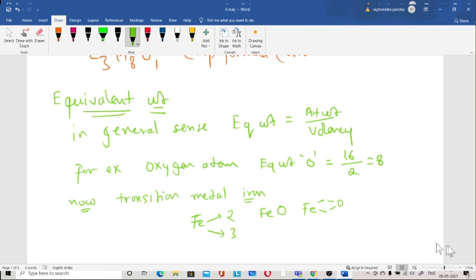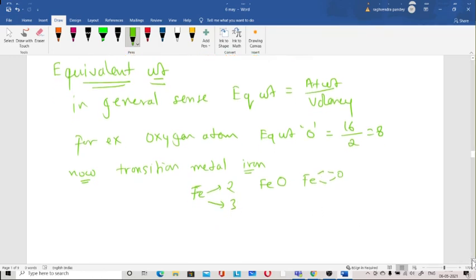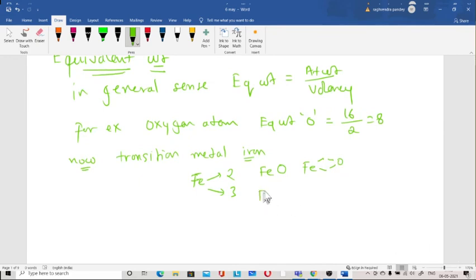When iron has valency 3, so it has 3 valency, 1 2 3. So we take one oxygen, it will make 2 bonds, then this valency will be empty. So we need another iron and this oxygen. So here it is completing the valency, then another oxygen will complete the valency. So the compound will become Fe2O3.